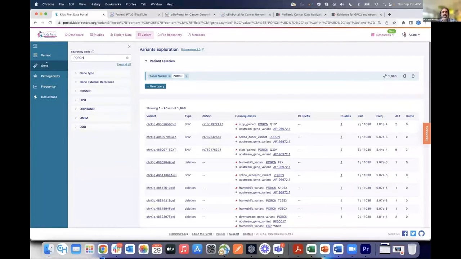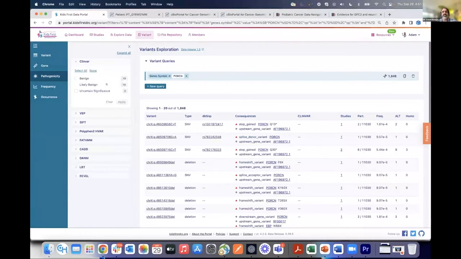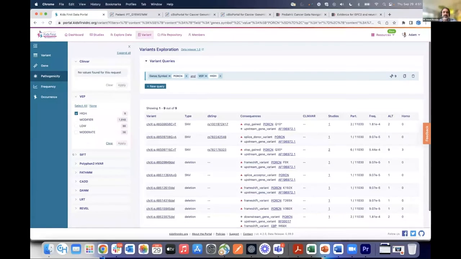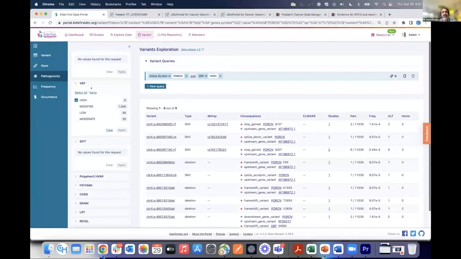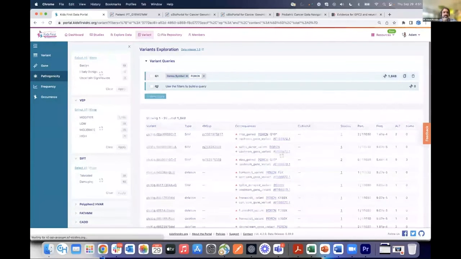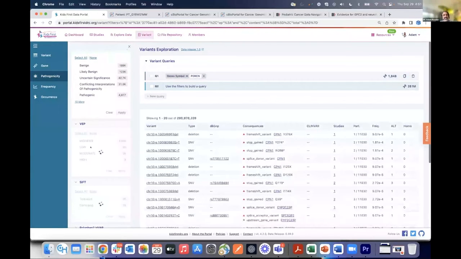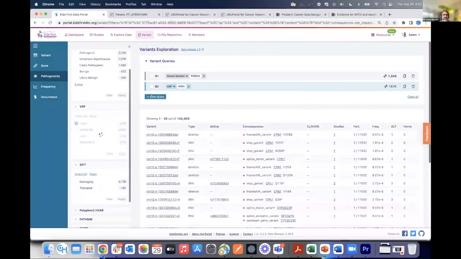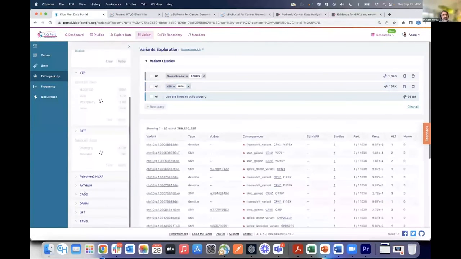So here, in order to review this particular gene, I can click on pathogenicity, and I can see that there aren't any predefined ClinVar annotations, but I can begin to review predicted features. Here we have run a number of different prediction algorithms that allow you to further annotate the gene. Let me show you, for example, combinations of queries that one can do. I'm just going to click on, for example, high VEP annotations,